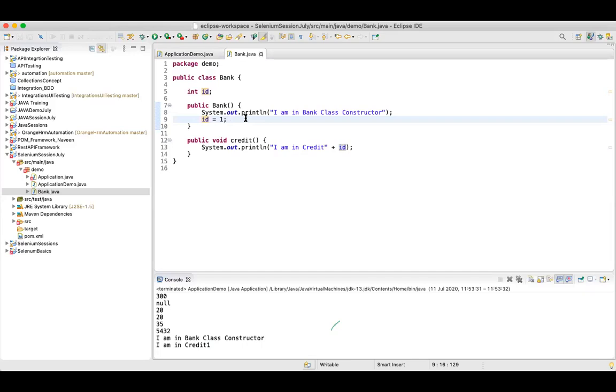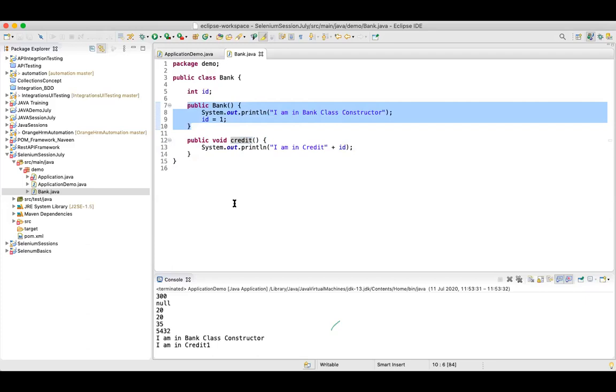Now, what exactly is a prerequisite? Before you execute your actual steps, first you should execute your prerequisites. In a similar fashion, before you call your method, there are certain variables or base initialization which you have to do, and those can be done in your constructor. For example, if you are working with Selenium and you want to call your WebDriver method, somewhere or the other